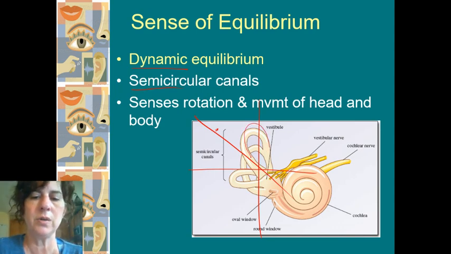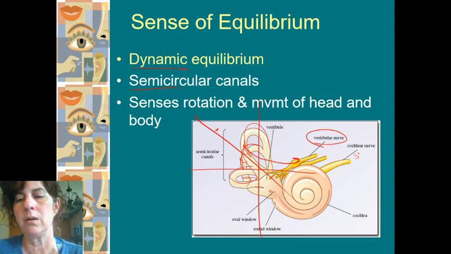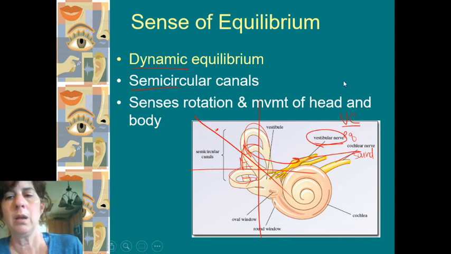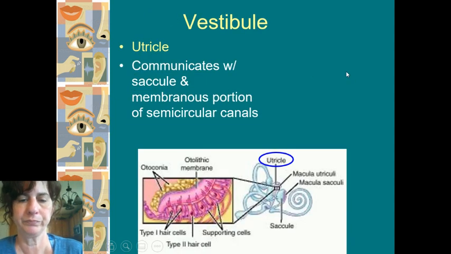So as the fluids move through these, it gives all kinds of signals back to this vestibular nerve. See, there's the cochlear, this is sound right here. And the vestibular is that equilibrium. And then these two nerves actually come together and that becomes the vestibulocochlear nerve. But it does have branches. So the vestibular nerve picks up on all of this movement and then sends that back to the brain for information. Where am I? What am I doing? How can I make adjustments?